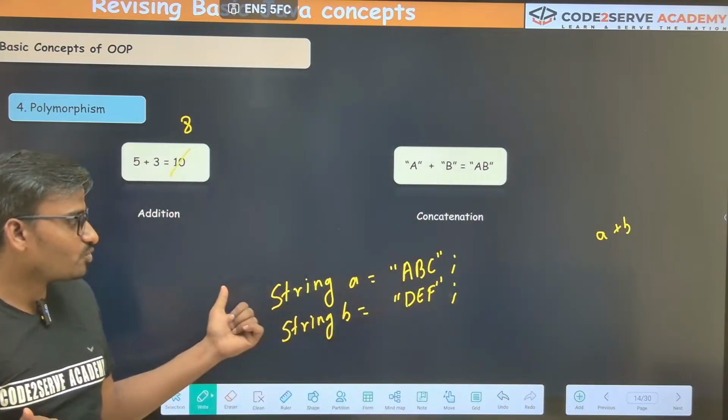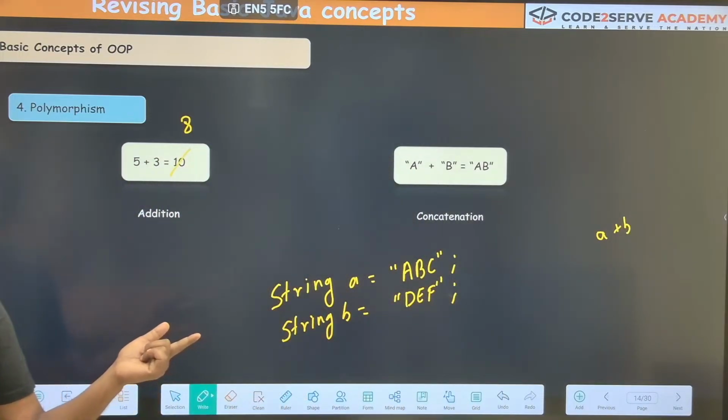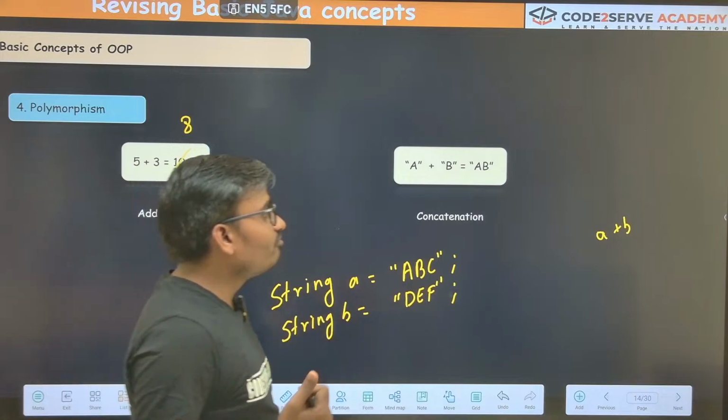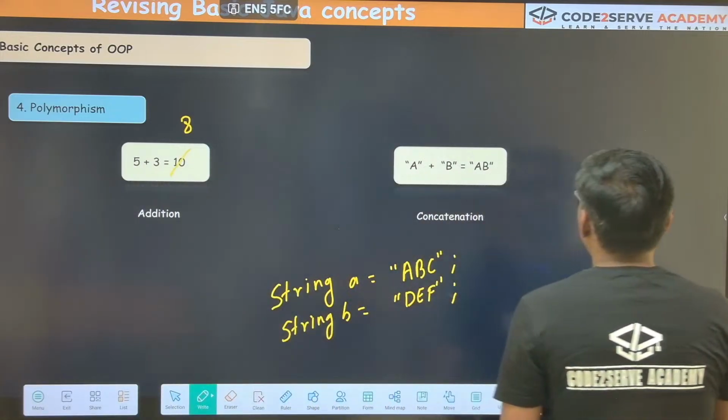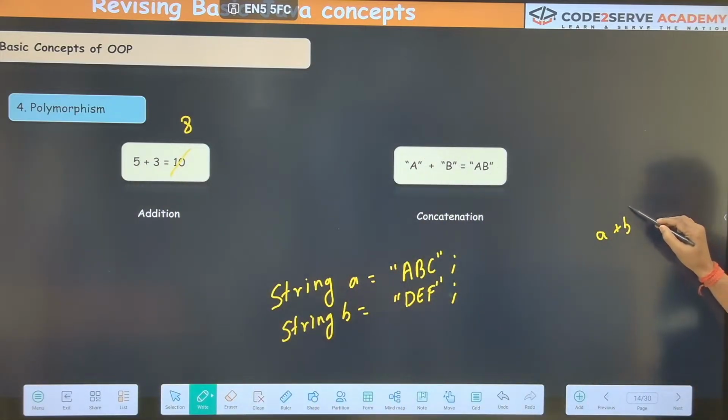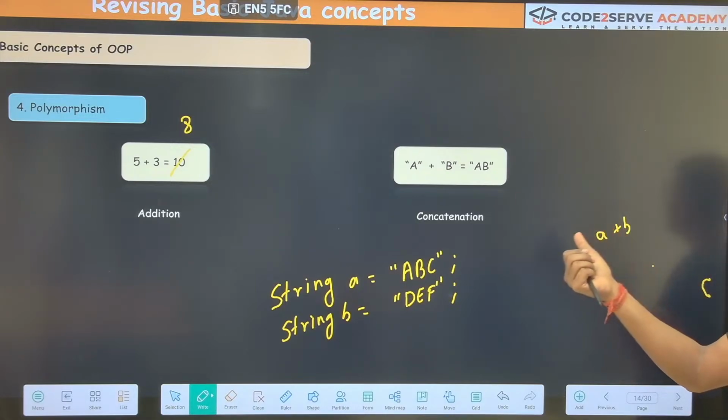The data type of A is a string, the data type of B is a string. So whenever we do a plus operation, an addition operation on a string, either one string or both are strings, it will always perform concatenation.